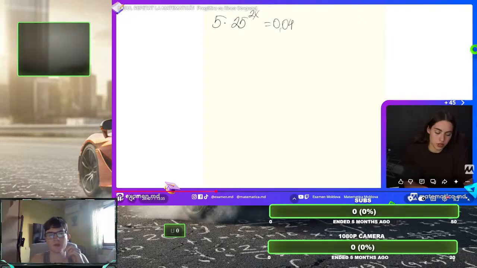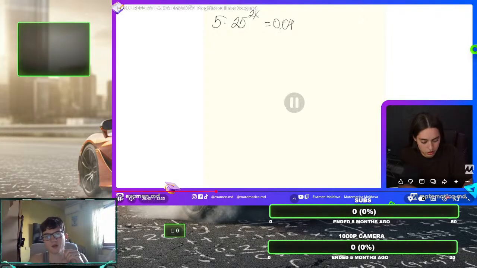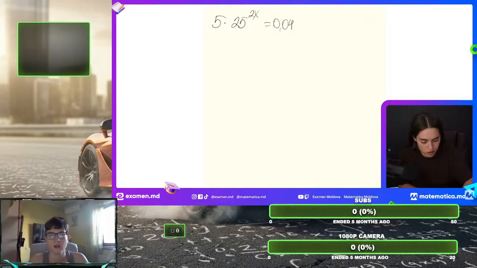Done. Okay, now this one's a bit harder, but I think I did something exactly like this, so I think I know how to do it. Here's the same stuff. With an exponent, you have to have the same base, so you can work with exponents, equate them and use the properties. Okay, so here I think the base of choice will be 5, because 25 can be written out as 5 to the power of 2,